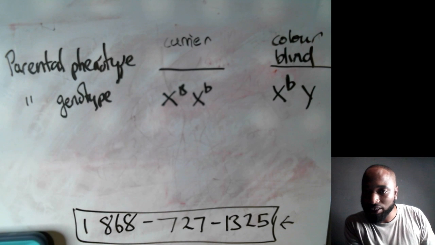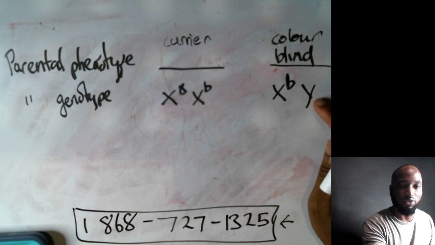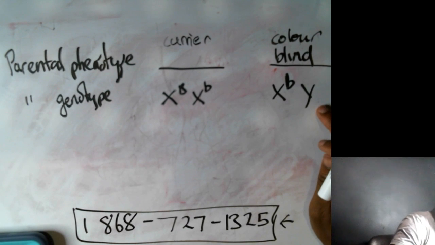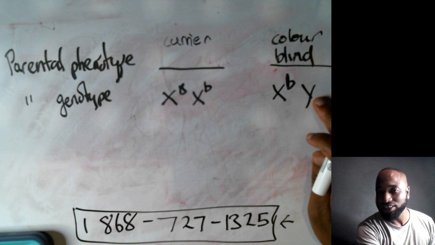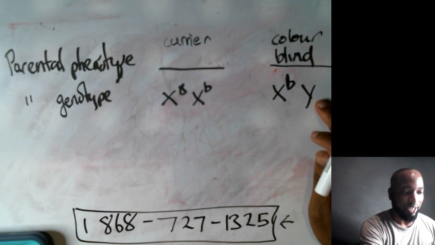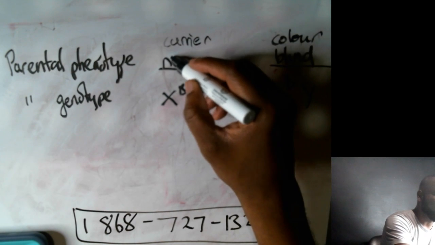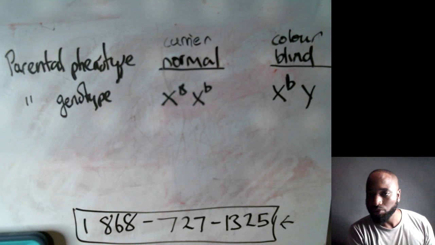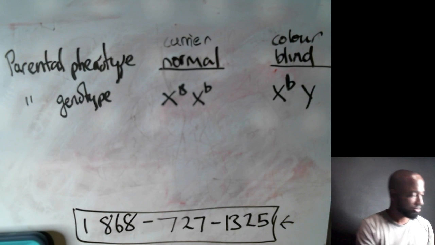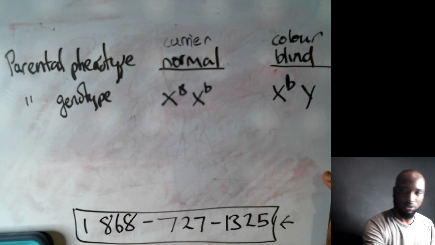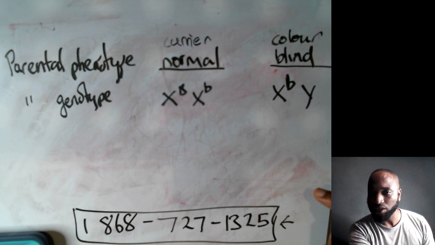Shouldn't both the letters have a common B for the male? No, this doesn't have a common B because this can't carry anything. Is it carried on the Y? It's carried on the X. So this letter doesn't have a common B. Understand? So everybody we good here? She's a carrier, but she's normal. The Y chromosome is short. Yes, so it's X-linked.